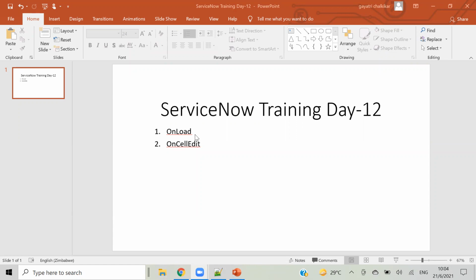So on load is whenever we load any form, after loading the form and before entering any data on our form. So that is on load, and we can write a script on those. It will run before we enter anything, on form load. So for example, if you want to fill some short description on the form whenever we are loading, you can give that code here, and whenever your form is loaded, that will display on your form. Okay. So that is one scenario.